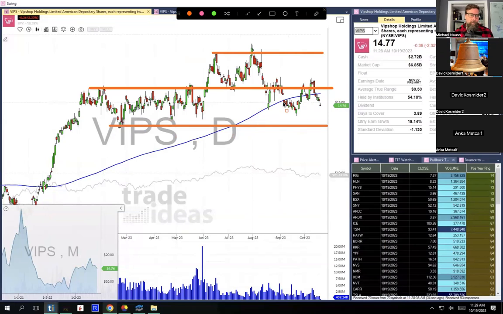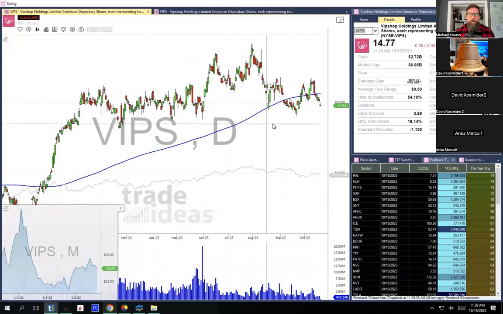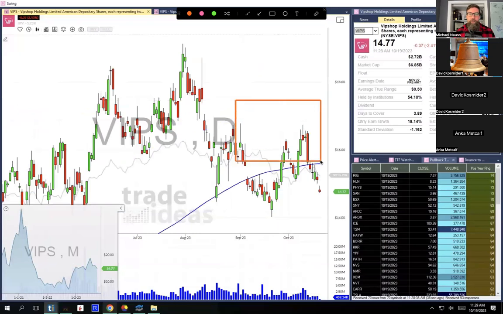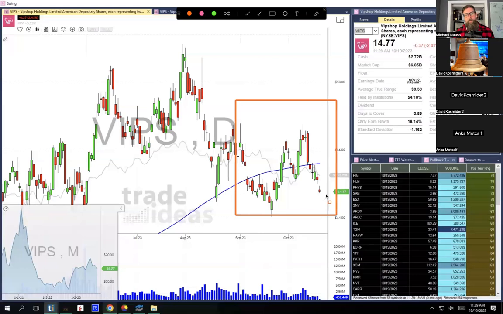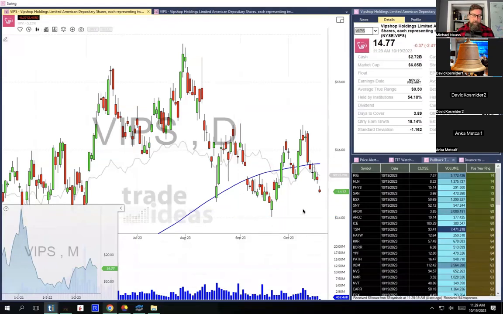I don't see anything really interesting in this chart right here. The 200-day moving average is higher, so it is in a technical uptrend. However, falling apart, gapping down today, selling lower. I would never short overnight these Chinese ADRs. You have a whole day of trading that will occur in China before these things reopen, so that can get really dangerous. But unless you want to play off the 14 support, for me as a trend trader who wants to buy things as they're moving higher, there's not too much here.